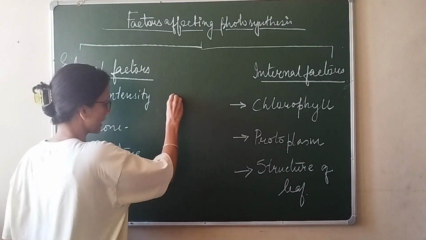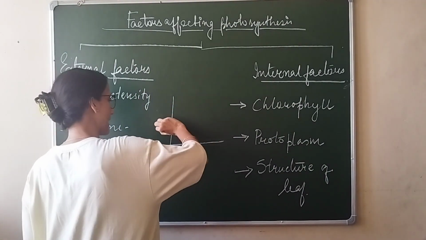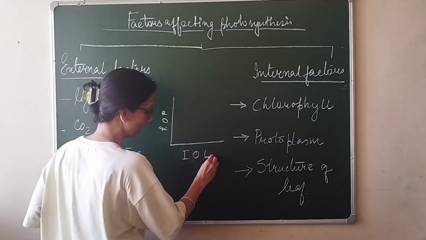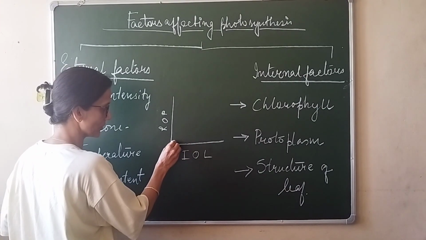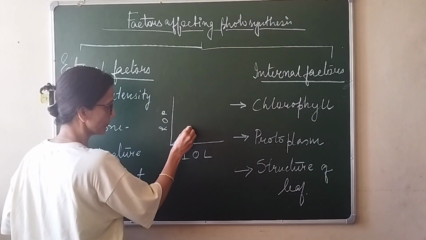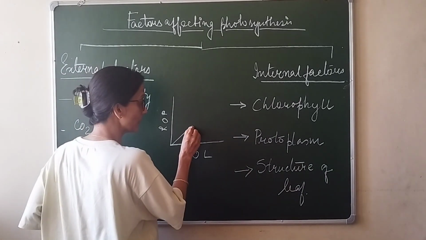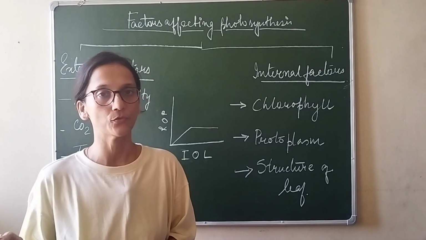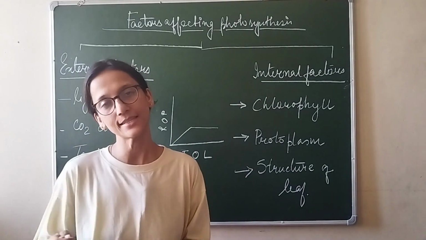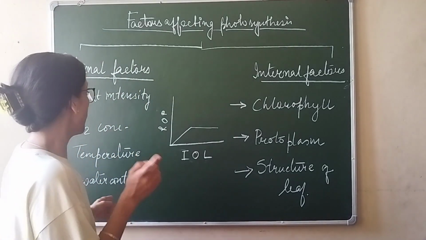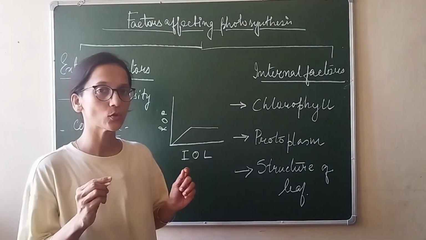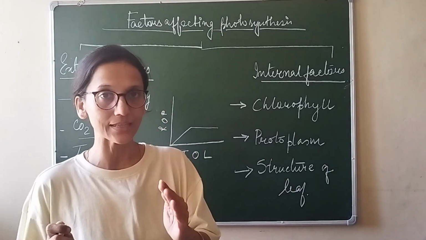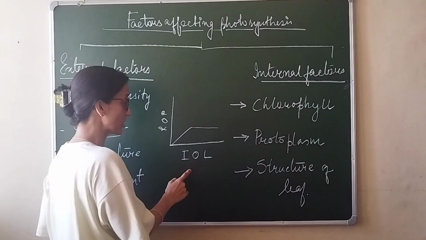If we plot a graph to show this concept to you, then I keep the rate of photosynthesis against the intensity of light. Then as the intensity of light increases, the rate of photosynthesis will also increase, but then will become stable after some time. There will be no further rise in the rate of photosynthesis, no matter how high the intensity of sunlight is. But with the concentration of carbon dioxide, the concept is almost the same. There will be a rise in the rate of photosynthesis with the rise in carbon dioxide concentration, especially if the